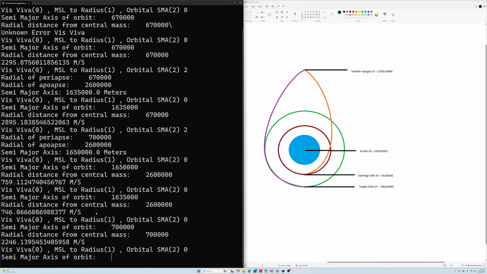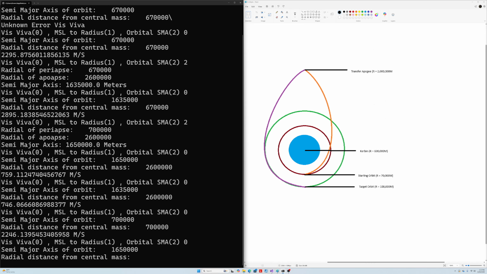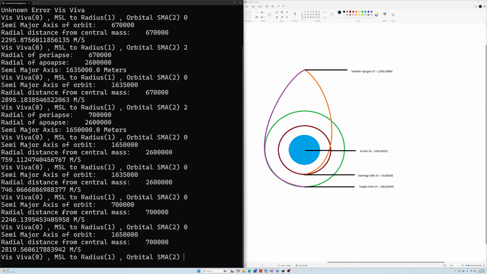Yes, we do. 1.65 million meters. Except our radial, instead of being all the way up at 2.6 million, it will be all the way down at 700,000,